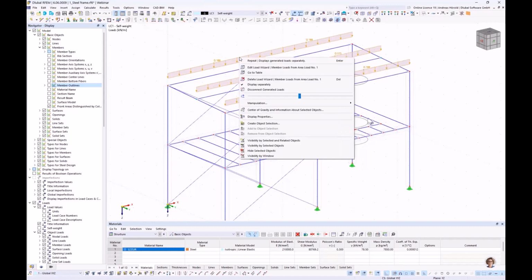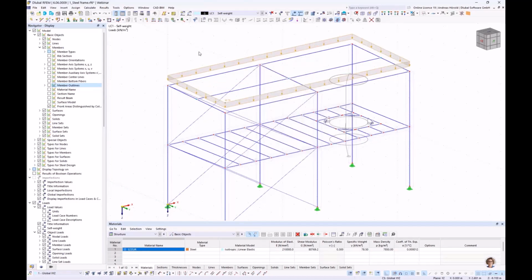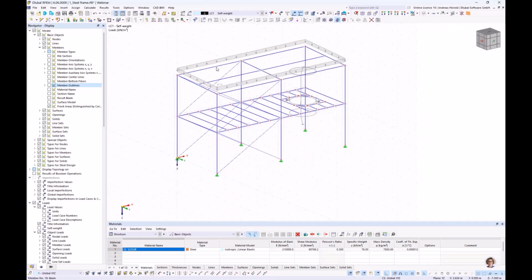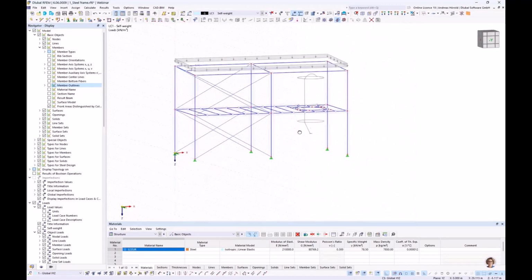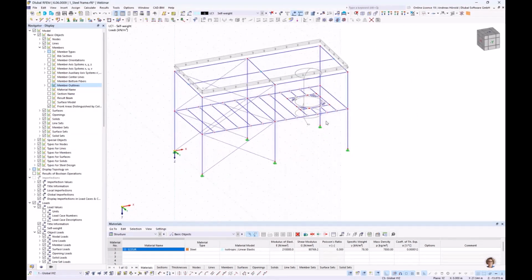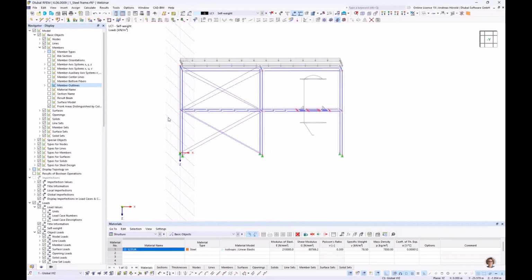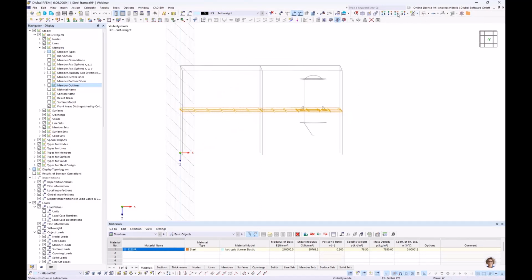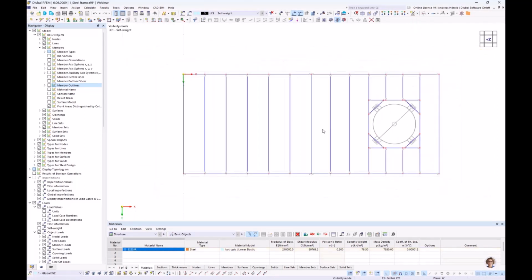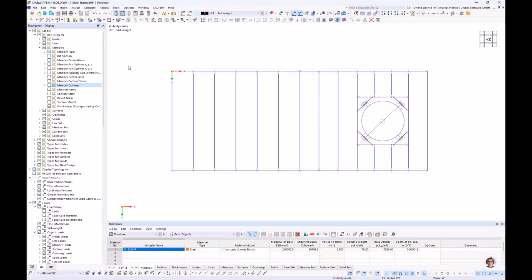So I can switch it back. Yeah. So then we continue with the platform. I select only the platform. And then I show only the platform members. So, okay. So, yeah, the next load, the load for the platform, for example, for steel plate that lays over